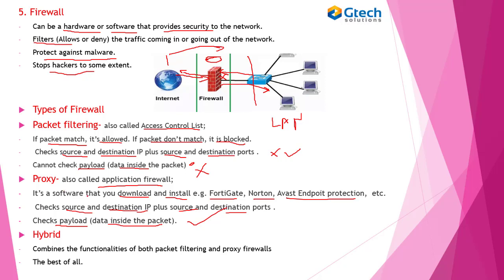Okay, then the last type of firewall is hybrid. Hybrid is just a combination. You can combine packet filtering and proxy, and it's the best of all. Okay, I hope you understand how firewall works and the various types of firewalls. And the next device,